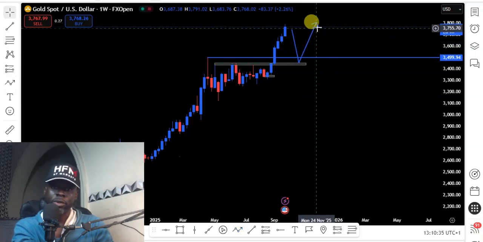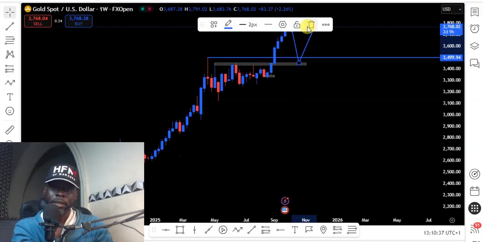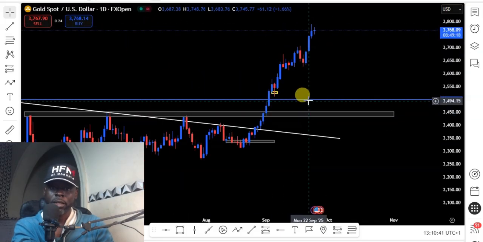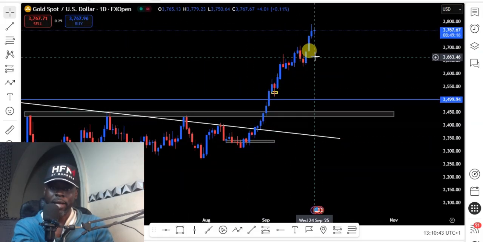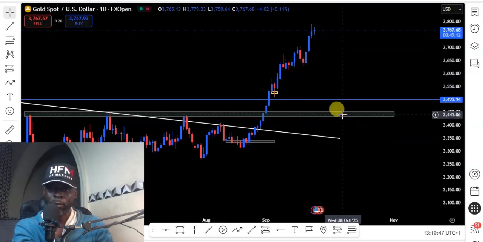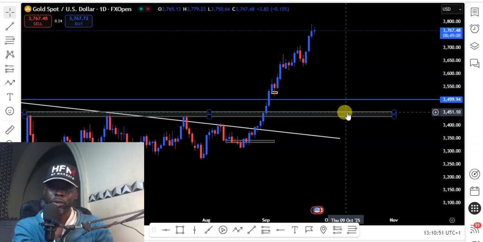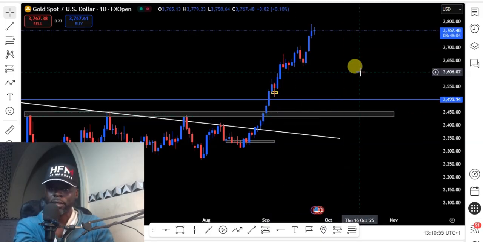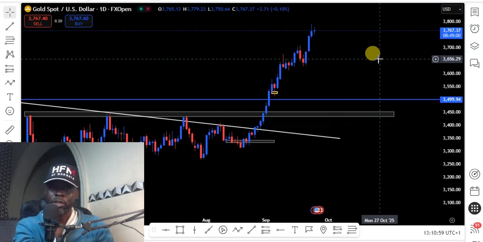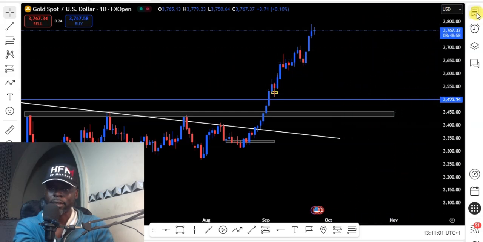So let's go to our daily chart. On our daily chart, you can see that we still have a series of higher lows, which indicates more bullishness for the gold. So until we see price on our weekly support level, we won't start looking for possible buying opportunity for the Gold USD. For now on gold we remain neutral. We have no trade idea or trade direction for gold for now, but we know that our trend on the gold remains bullish. So let's look at our next pair, which is the